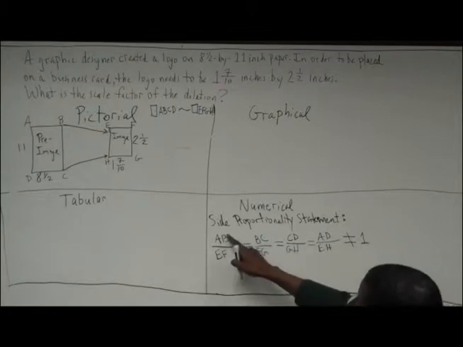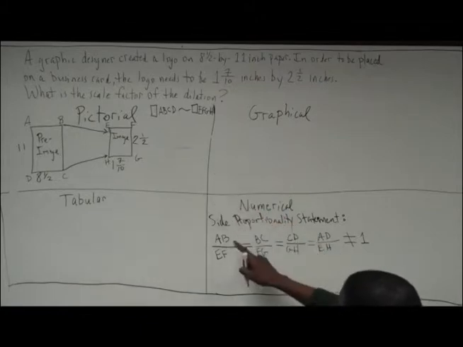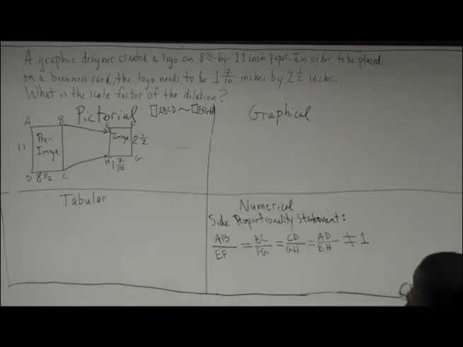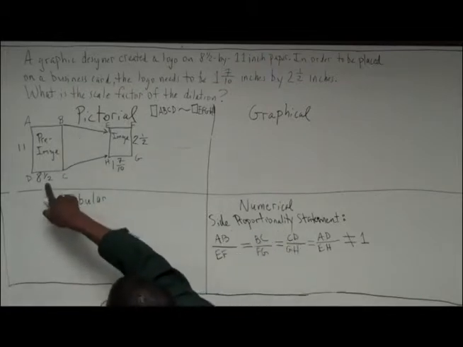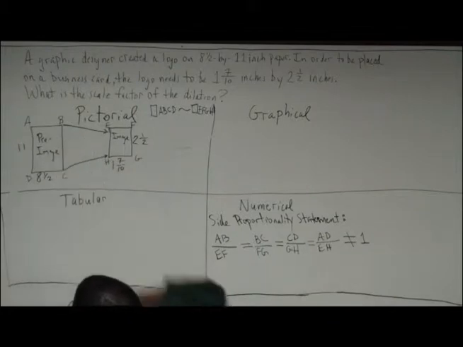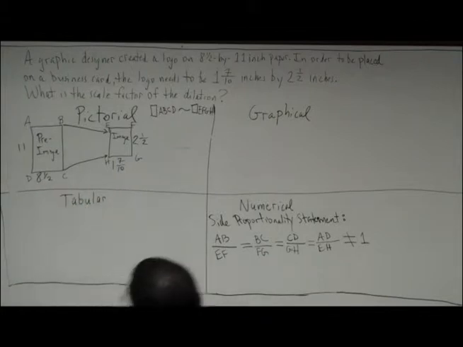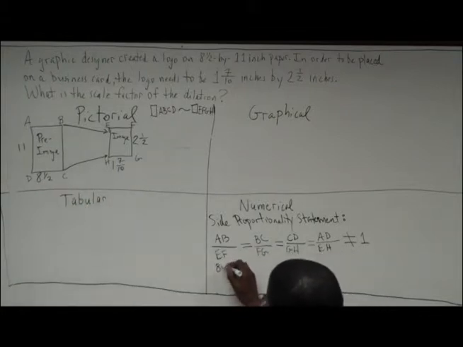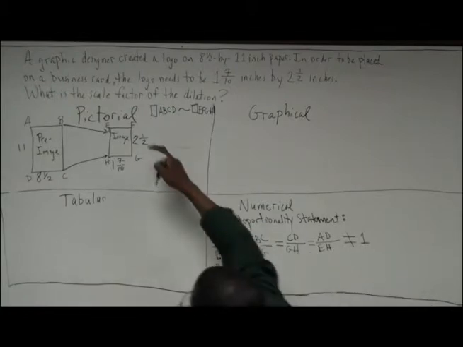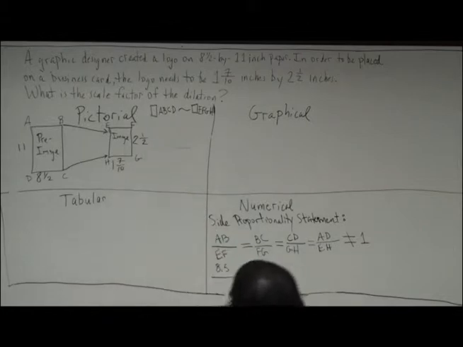So now that we have our nomenclature, our letters and labels in place, let's take the given information and substitute it inside the side proportionality statement. So side AB, we know it's going to be 8.5 inches because this is a rectangle and opposite sides of rectangles will always be congruent. So this will be 8.5 inches because the bottom is 8.5 inches. And I'll write this as a decimal. So 8 5/10 is proportional to side EF, which will be the same as this, which is 1 7/10,